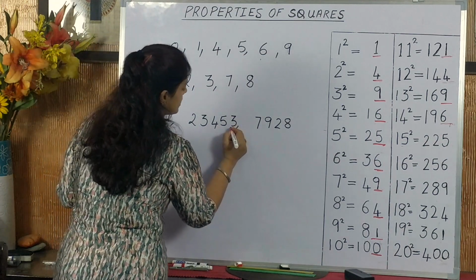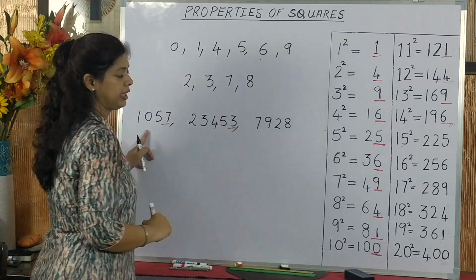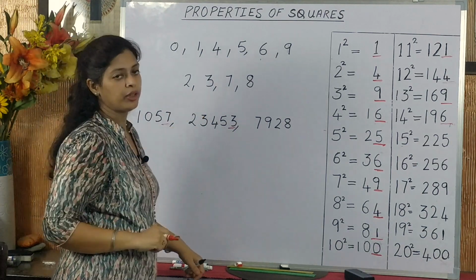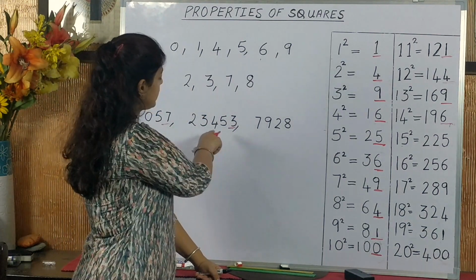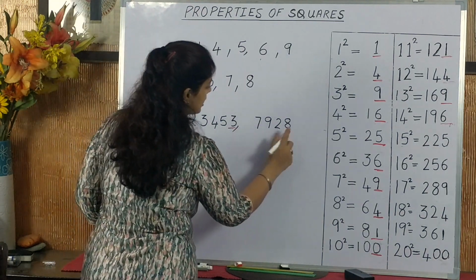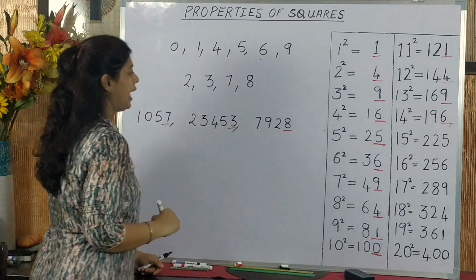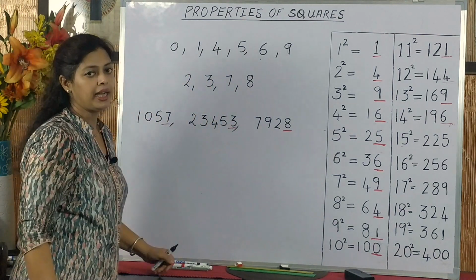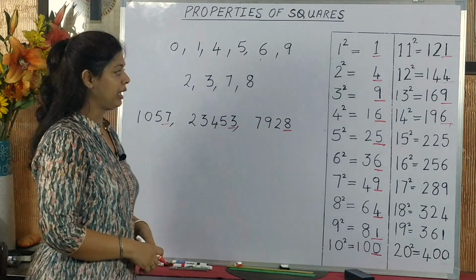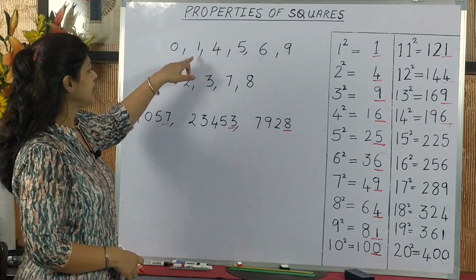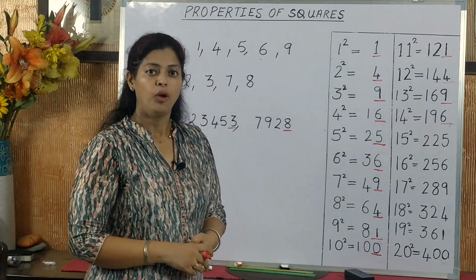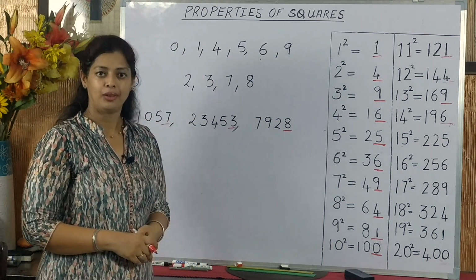Again in the second case, this number ends in the digit 3 or 3 is in the units place. So numbers ending in 3 also are not perfect squares. So we can say that this number, just by looking at it, is not a perfect square number. The same is the case with this number also, ending in 8, and numbers ending in 8 are not perfect square numbers. So does that mean that all numbers ending in these 6 digits 0, 1, 4, 5, 6, 9 are perfect square numbers? Well, the answer to this is no.